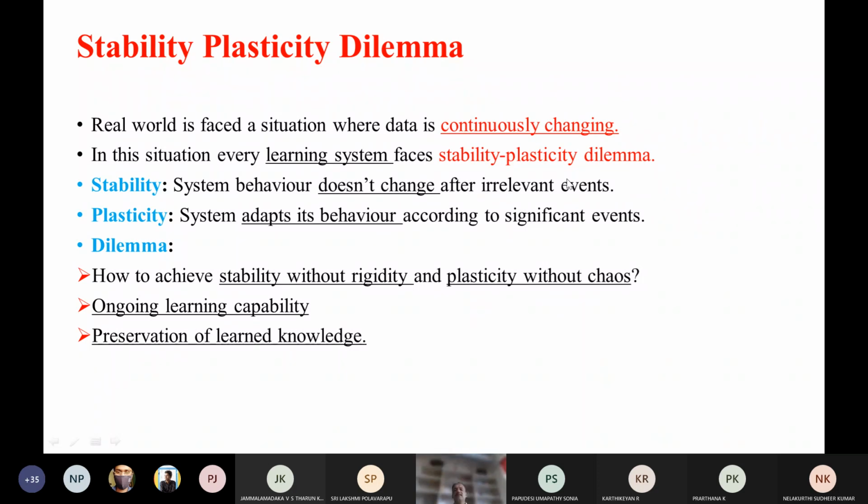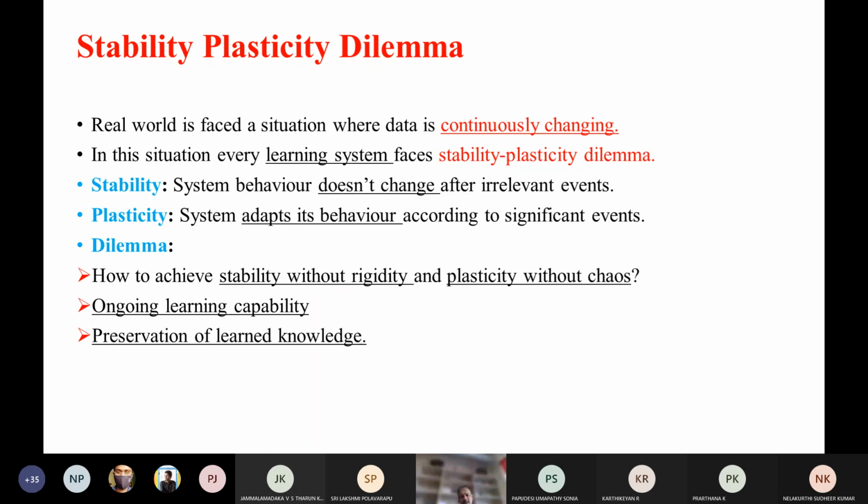For example, you are called a 9-pointer in the class. As soon as you become a 9-pointer in the class, you should not change your qualities. You should not change your behaviors. I'm a 9-pointer, I will be like this. You should not change your characteristics. So that is very, very important.